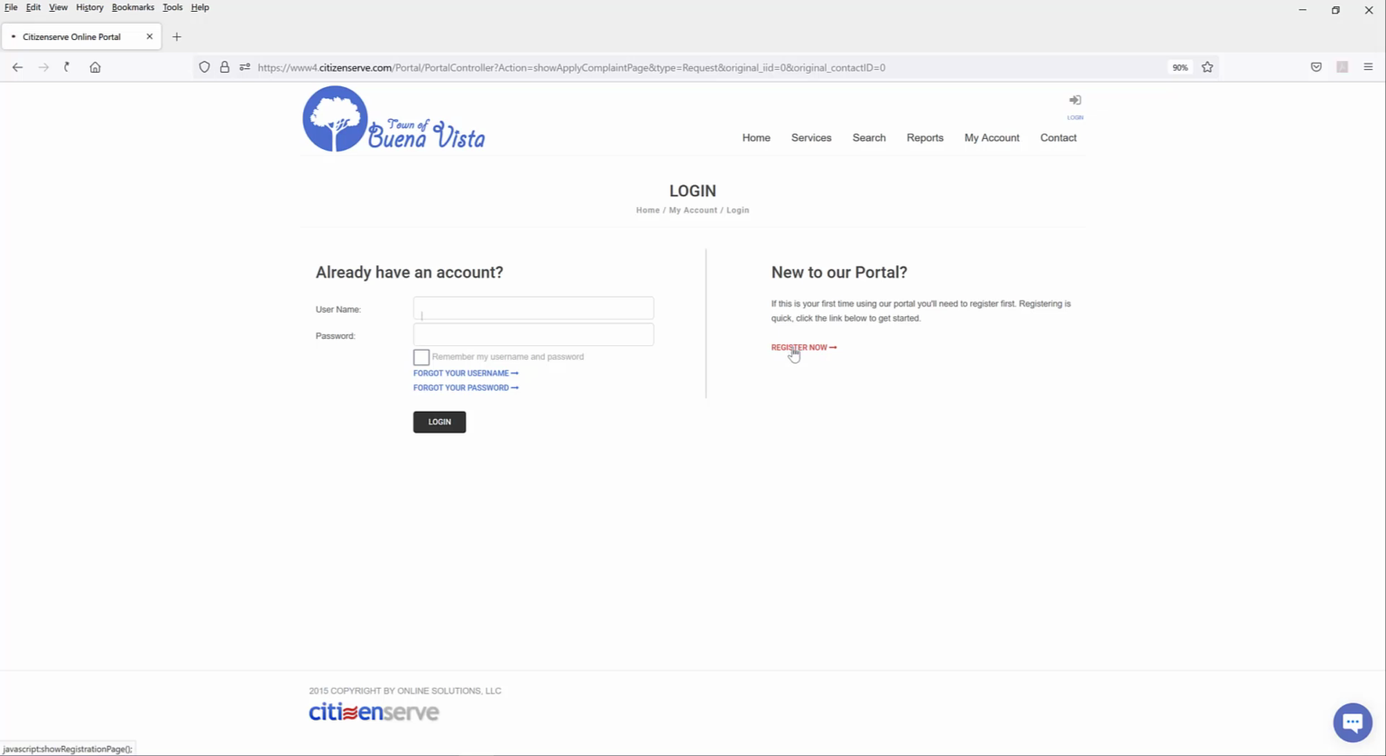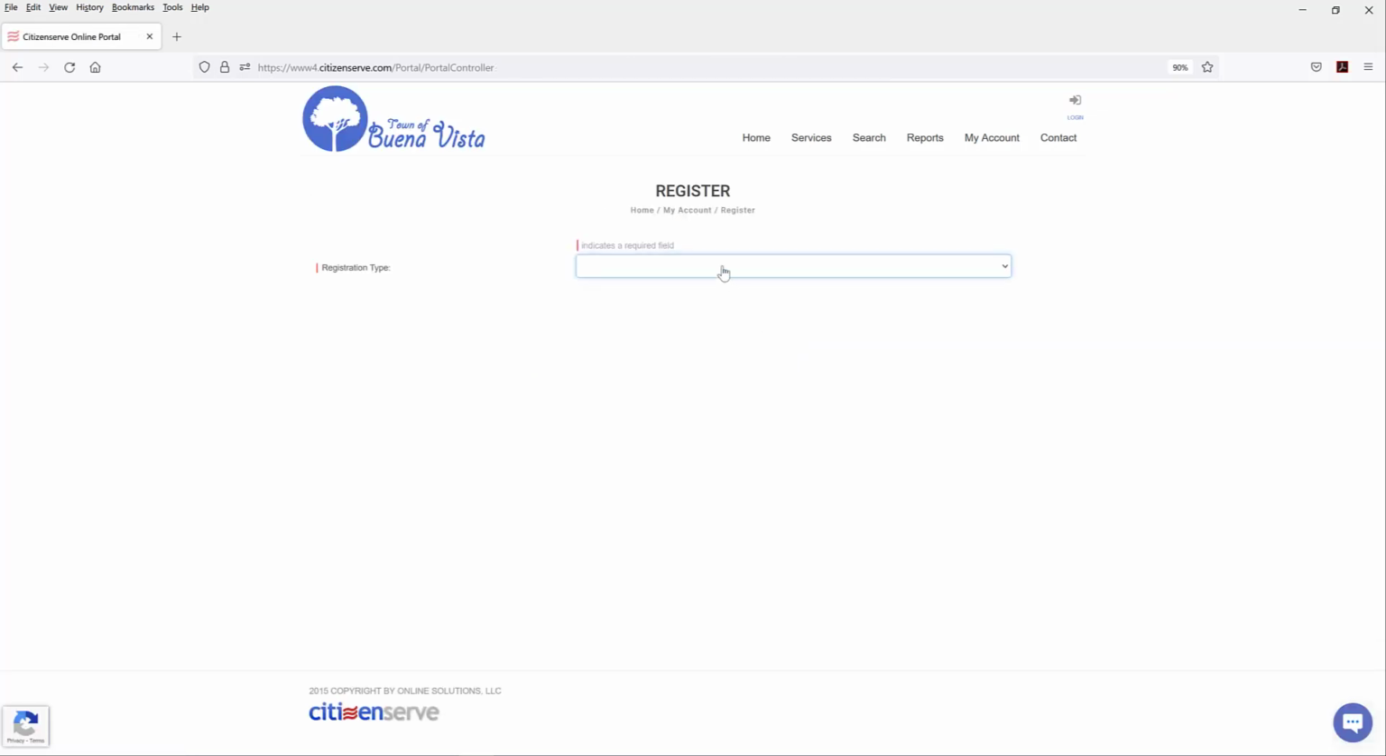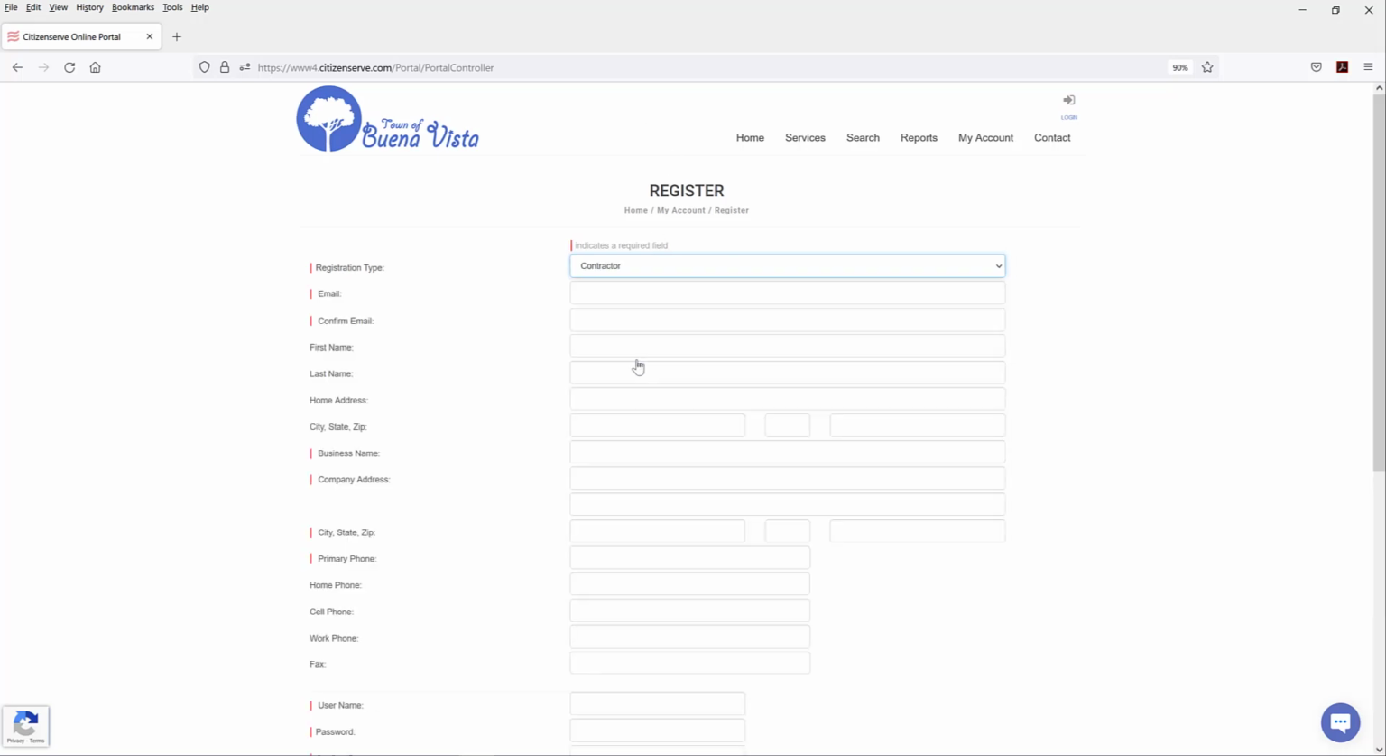New users would just go to the Register Now page. This is a page that will allow them to select their registration type. For the town of Buena Vista, we have 4 types, but you can define as many registration types as you need. I'm going to show you a sample contractor registration so you can see the fields that we're collecting for